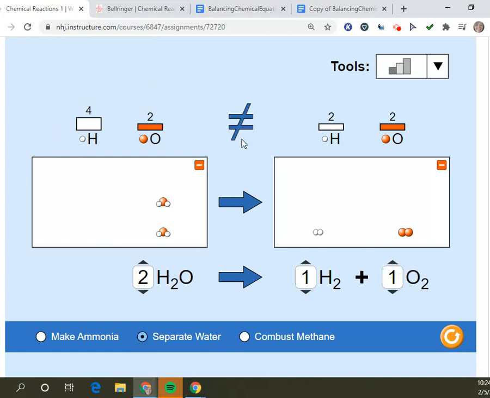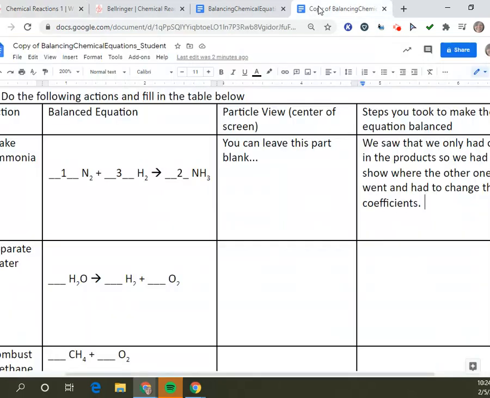But we're still not balanced. What do we need? We need 2 more hydrogen. I can't change my subscript, so I have to change my coefficient. 2 times 2 gives me the 4 hydrogen that I need. And this makes it super easy because we can see it, but also realizing that coefficient changes the number of molecules or the number of moles that I'm going to use in my reaction. All right, so 2, 2, 1, that's what we're going to put in our